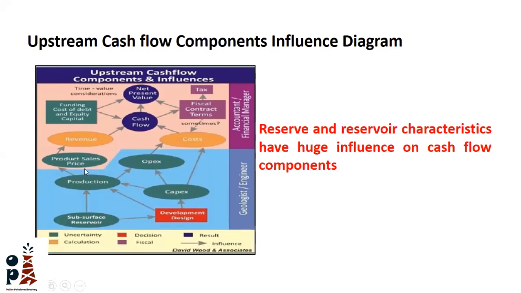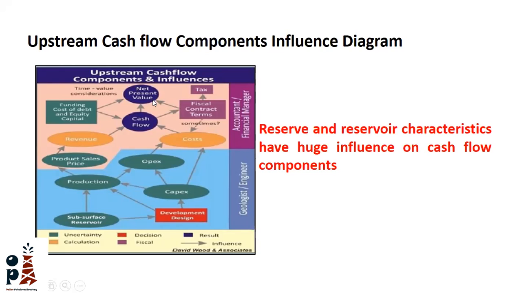And revenues, which is how much oil you produce multiplied by sales price. This influences your cash flow, costs, and revenues, which also influence net present value after you apply the discount rate. Then you have another factor that affects your cash flow, which is called the fiscal contract terms, in which we split oil between the investor and the government, and how much the government is taking as taxes from the investor. This also influences your net present value